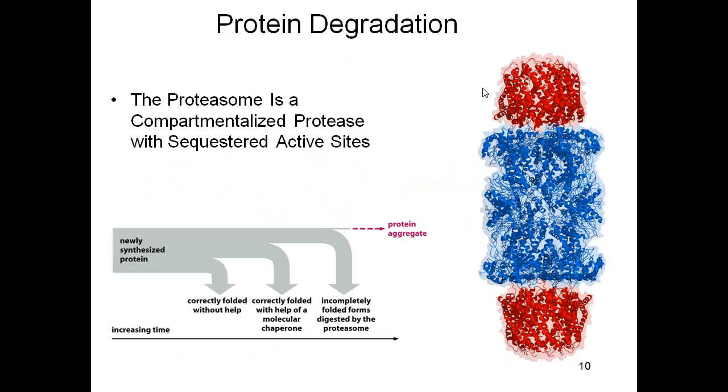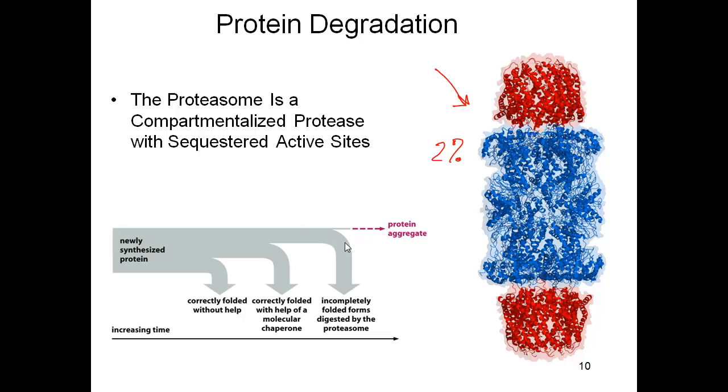So here we see the protein complex called the proteasome. This is the complex that degrades nearly all proteins. It is also a very abundant protein in a cell. It can be 1 to 2% of the cell's protein mass. If you think about it, every protein that gets made by a ribosome can be degraded by the proteasome, and